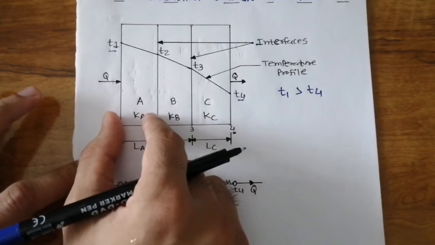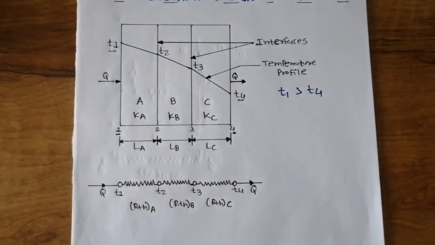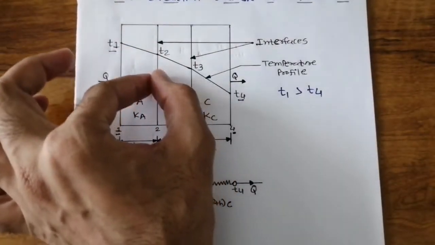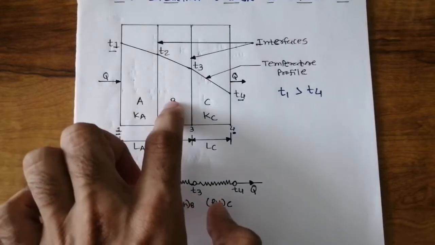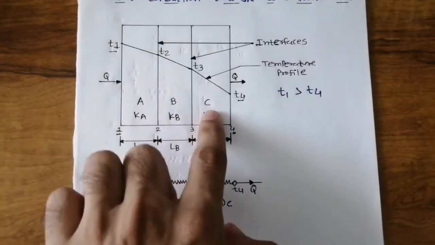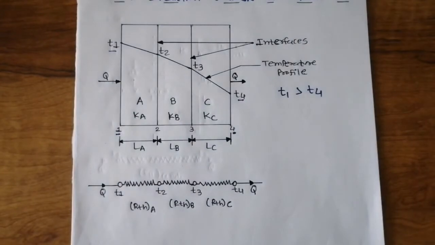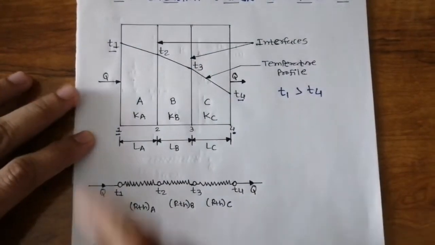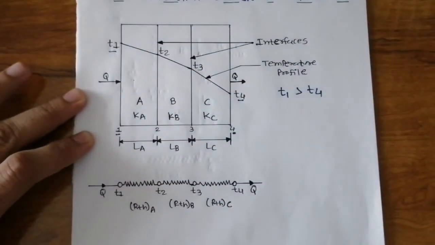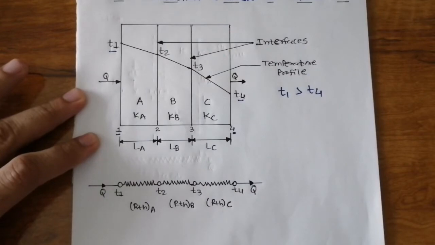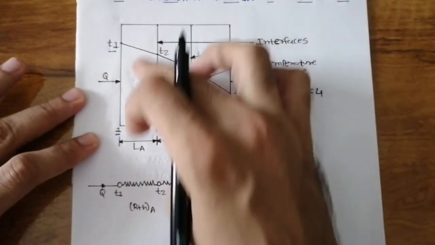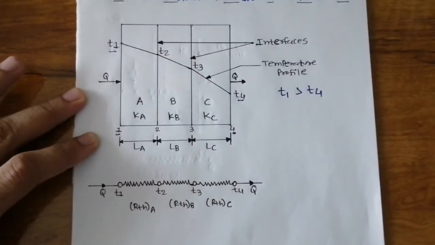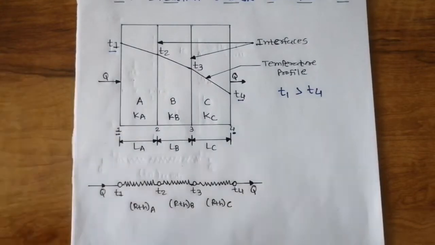First of all, we assume there is no air gap between the two layers. No air gap between layer A and layer B, and no air gap between layer B and C. Both are in perfect contact. So there is no temperature drop at the interface of the layers, because we only consider conduction. There will be no temperature drop at the interface of layers A and B as well as layers B and C. We are just assuming that. So how do we start first?